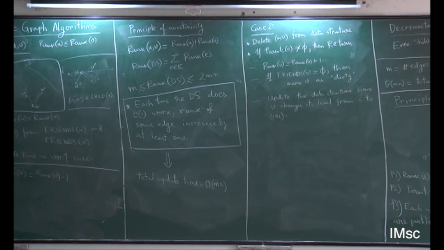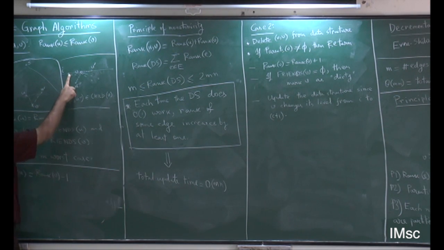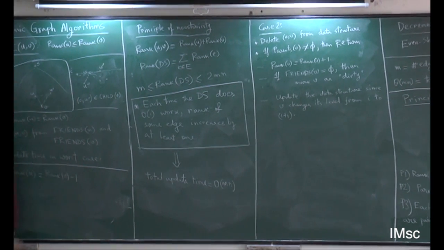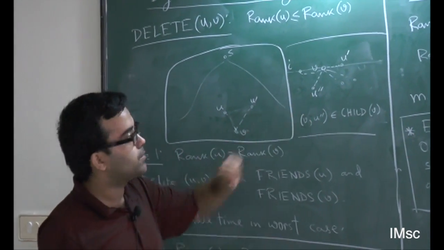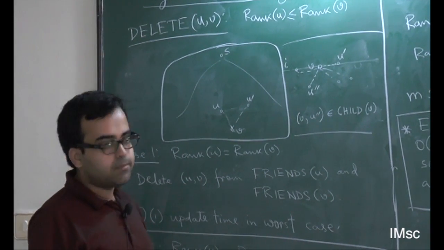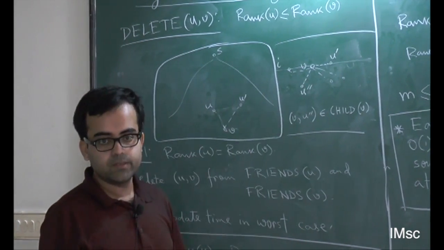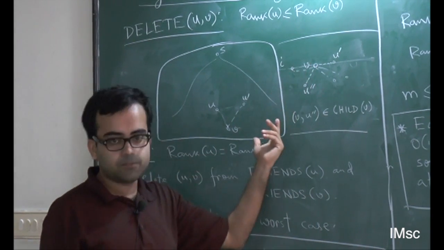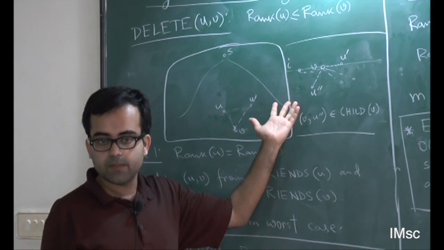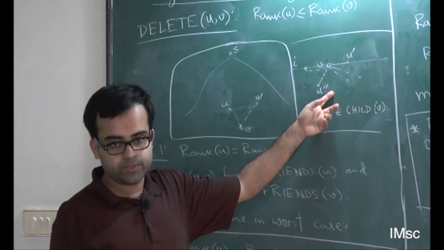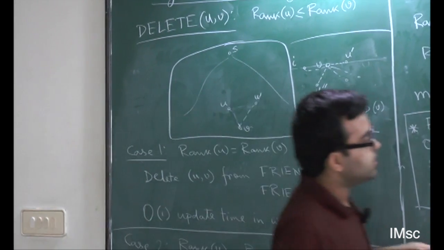The only thing that you now need to worry about is this: V drops one level, right? What will be the status of u double prime? U double prime had V as a parent. Now, that edge has become its friend. Now, its parent set might be empty, right? So, you need to check that, and that is why we are saying,